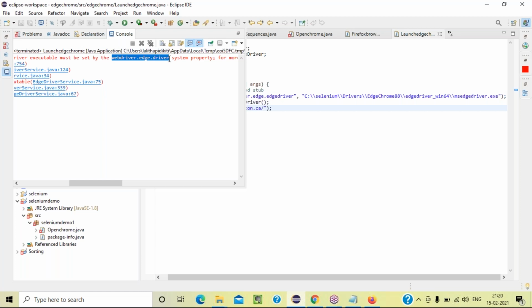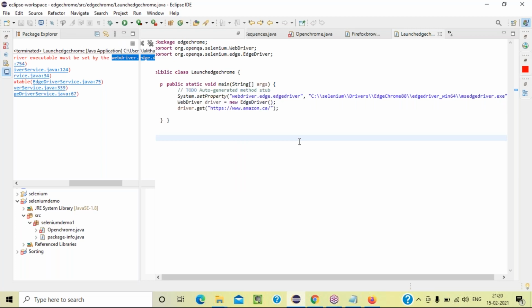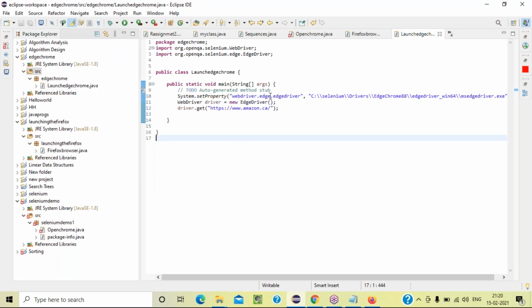If you write wrong, it will ask you to change. You wrote edge one more time, that's the reason it is asking. WebDriver dot edge dot driver only. Remove that extra thing and copy. Good. Control S and run.